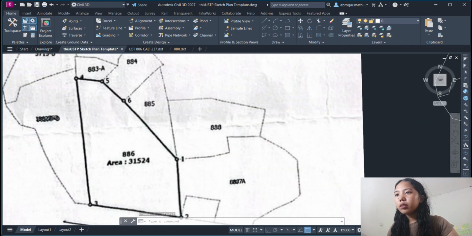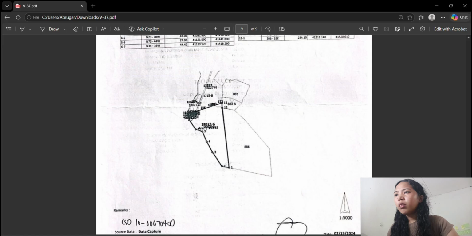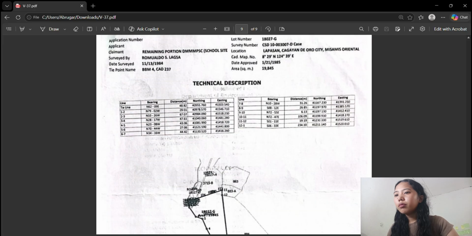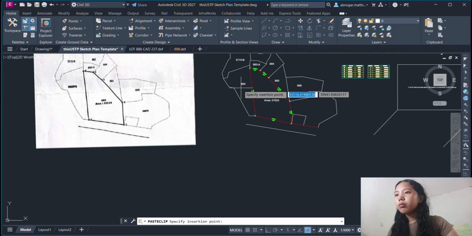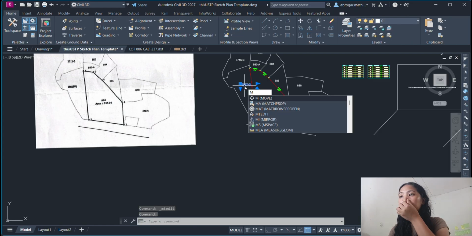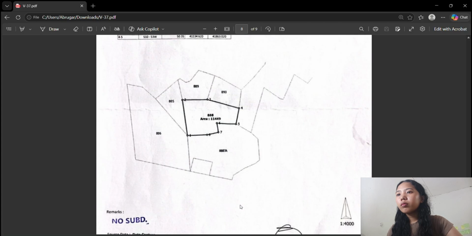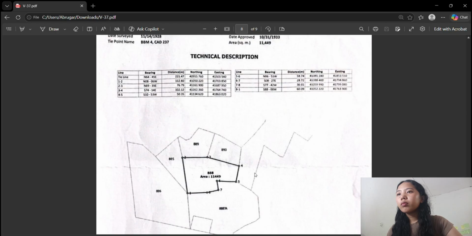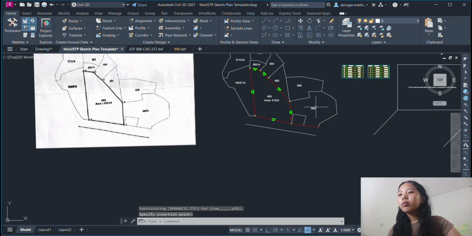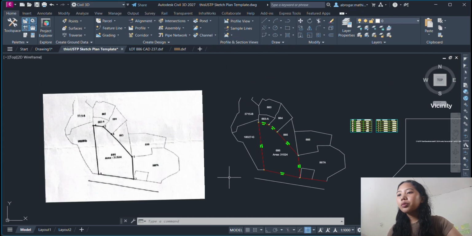Specify base. Scale. Then specify first point.